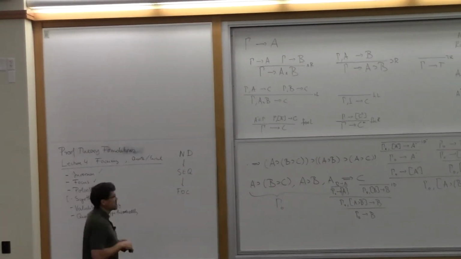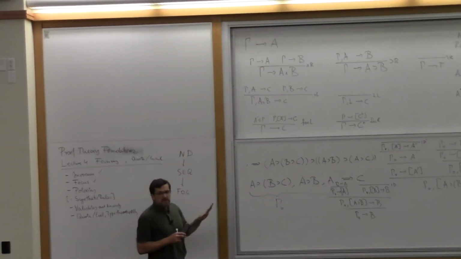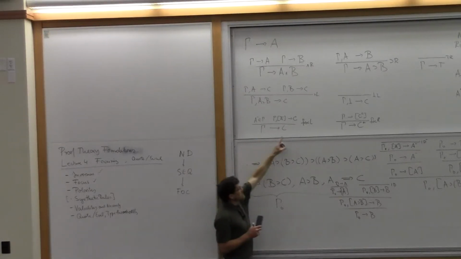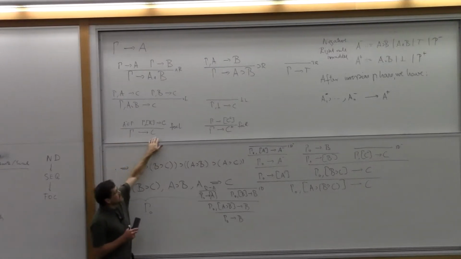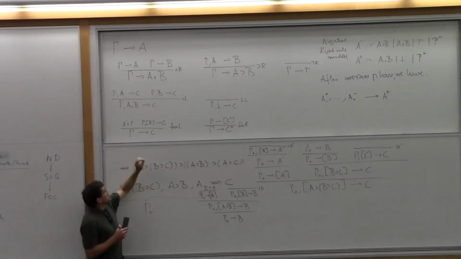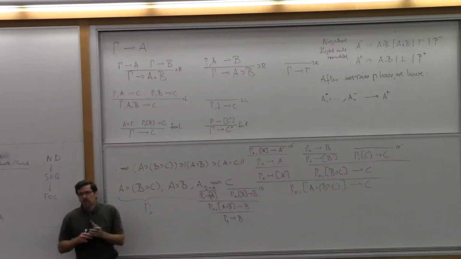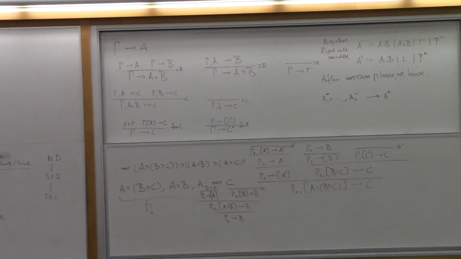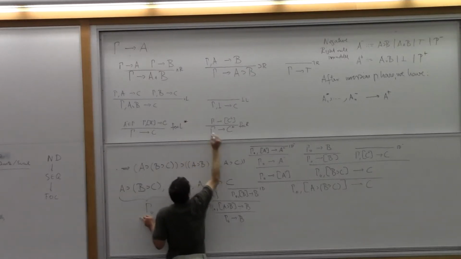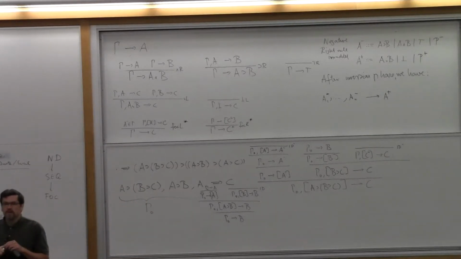I should say that what I've shown you so far is sometimes called weak focusing. If you want full focusing, there's an additional restriction in these two focal rules here. The restriction is that gamma and C are no longer invertible. So there's no invertible left for gamma and no invertible right for C. That forces you to do all the inversions before you can start focusing. So it further removes non-determinism from proofs. So really there should be some additional restriction here, to make sure that you can only focus on something once you've broken down the other formulas entirely.